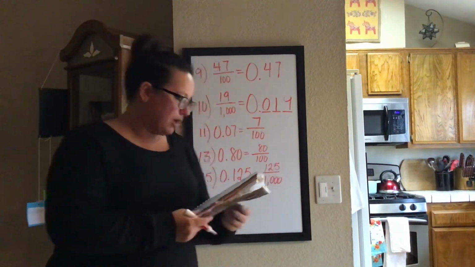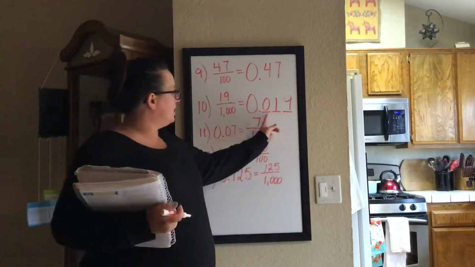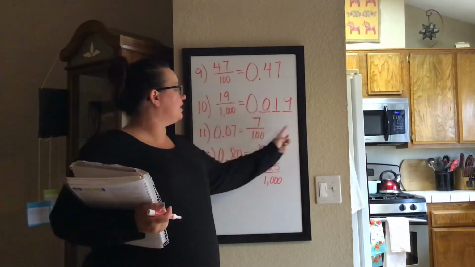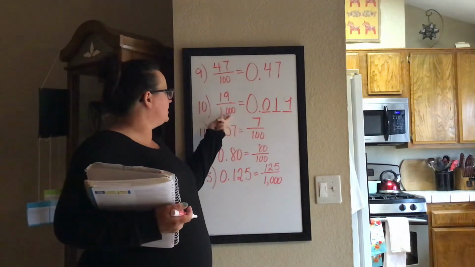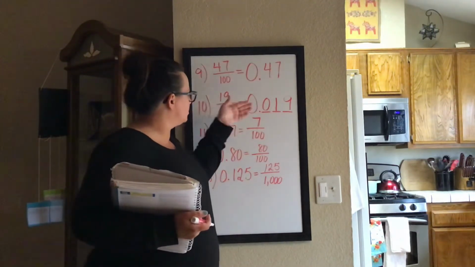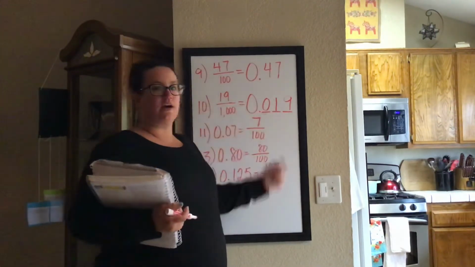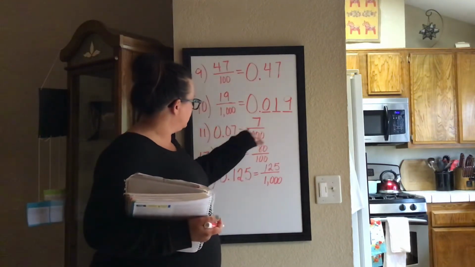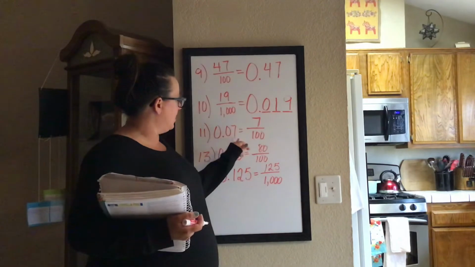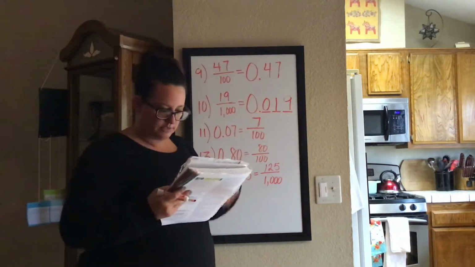The trickiest part is making sure you don't tack your 0 on at the end to try to fill in your place value. It's like you gotta scooch it over and put your 0 here, because whatever is in the last spot needs to be in the correct spot, okay? All right, so,